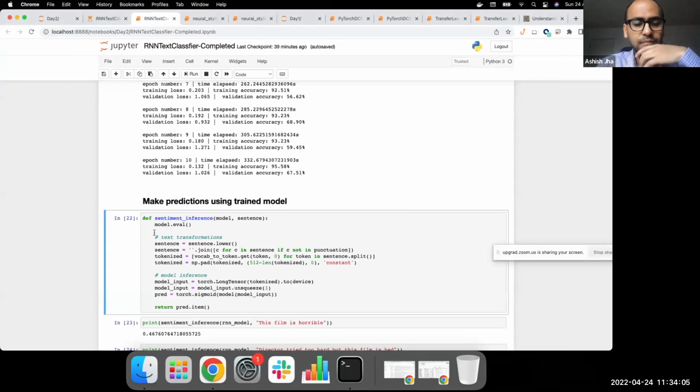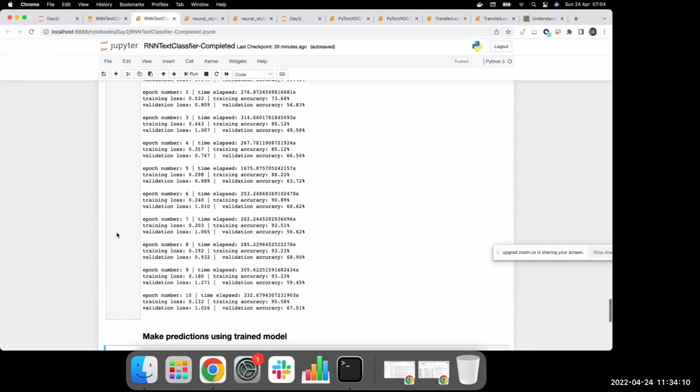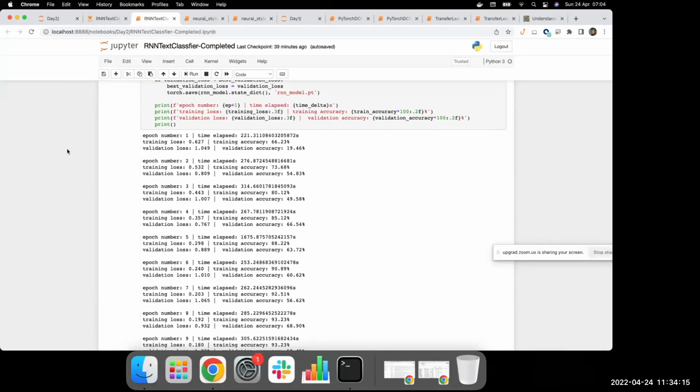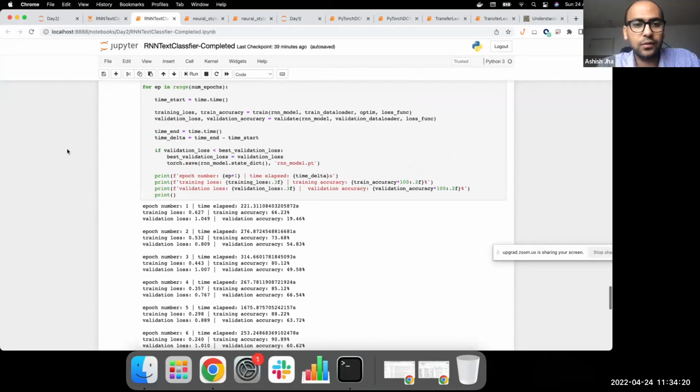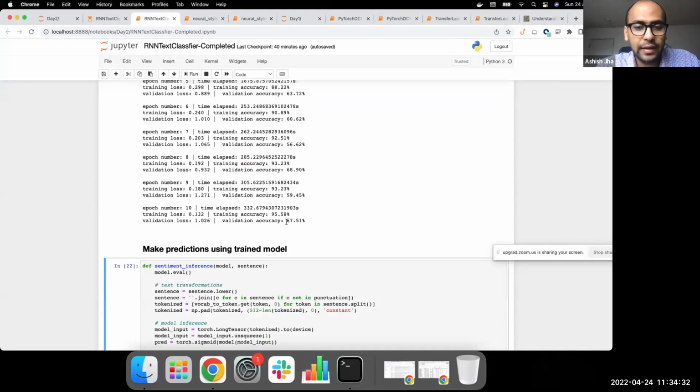Sure. How do we decide how many epochs will be sufficient to train our model? How do we reach that particular point? I mean, how do we do the model evaluation in CNN and RNN? So when we are training the model itself, the validation set is your indication for whether you have reached optimal performance or not. So, for a binary classification task, if I have reached only an accuracy of 67.51%, it means that I can do better, right? So I look at this training curve to understand.